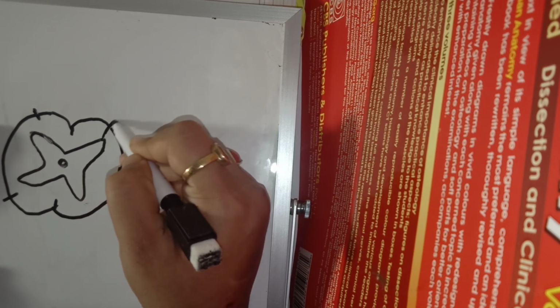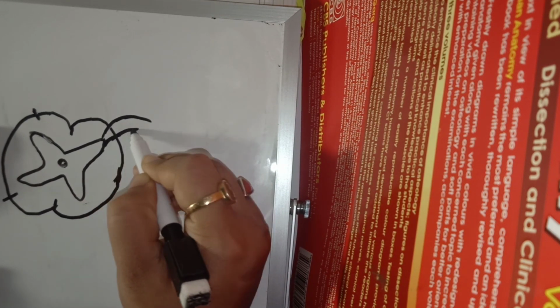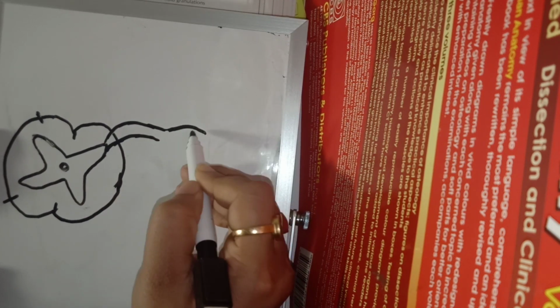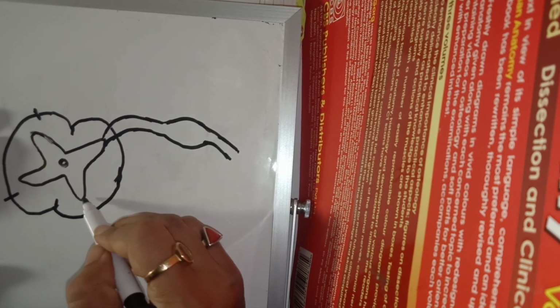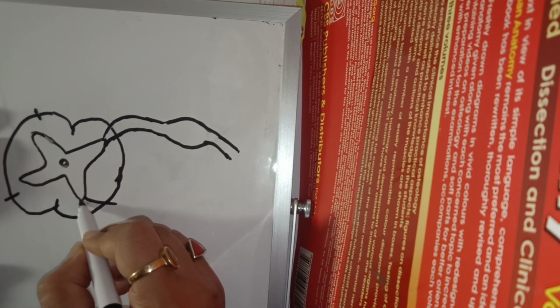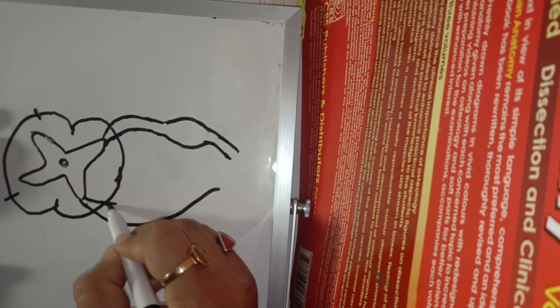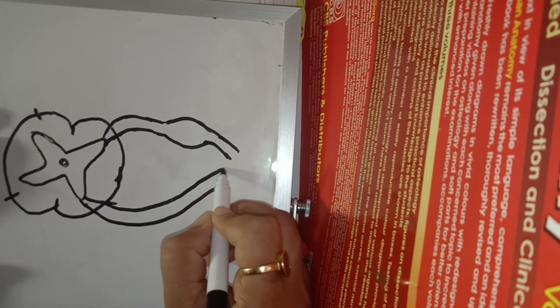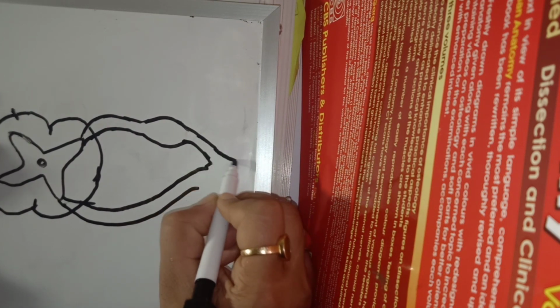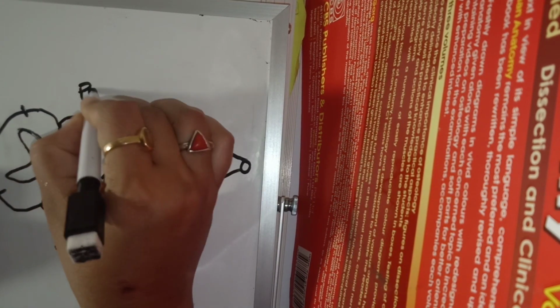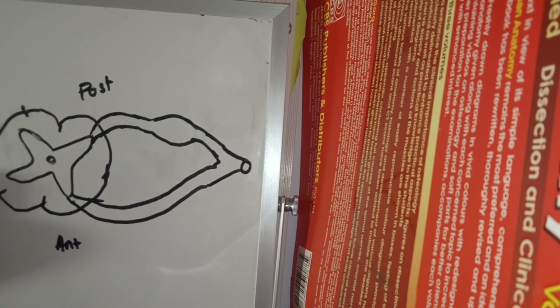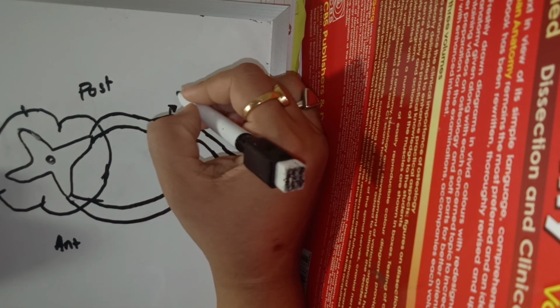So from the gray matter we find a root. One root is like this, and it has a somewhat bump-like shape and continues like this. It starts from the posterior side, and this other one starts from the anterior side. So it does not contain any bump. It goes like this and continues, and here some more, it will join, right? So this is the anterior part, this one is the posterior part, okay, and the bump-like shape is known as ganglion.